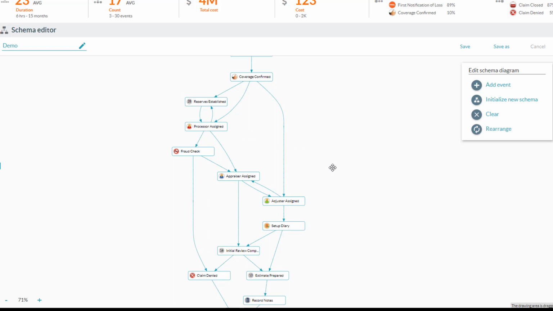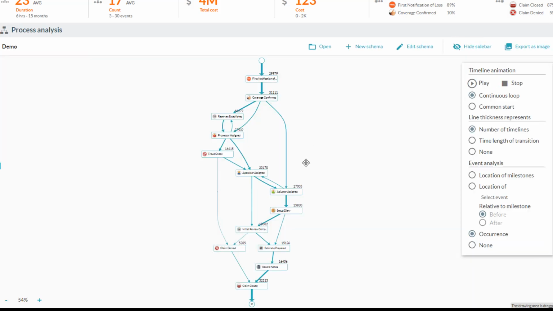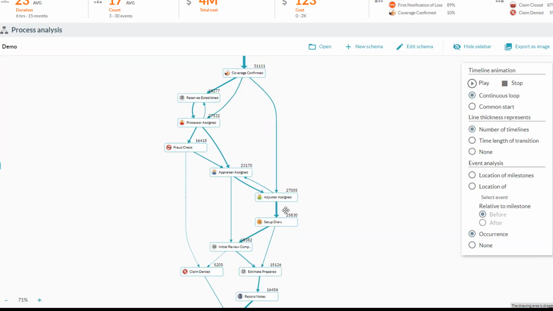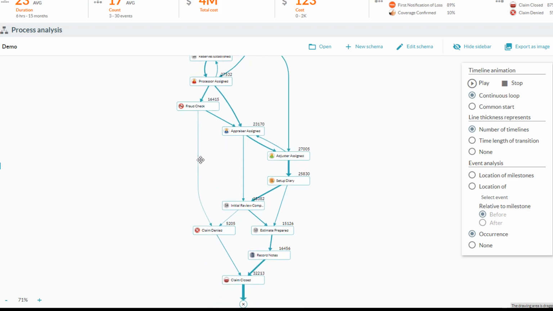And the nice thing is that this is not just a static Visio diagram. When I choose to save this, it now becomes a monitoring tool. It's telling me the number of cases, and you can see that via the thickness of the line, the number of claims which have gone one transition relative to another, and I can mouse over and see the number of transitions, which is a more common path